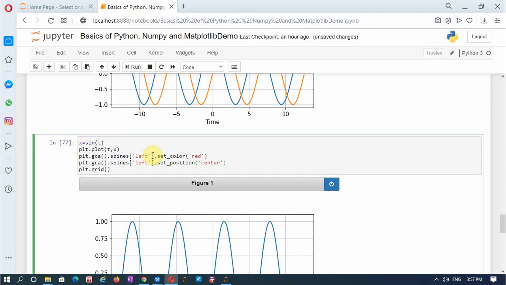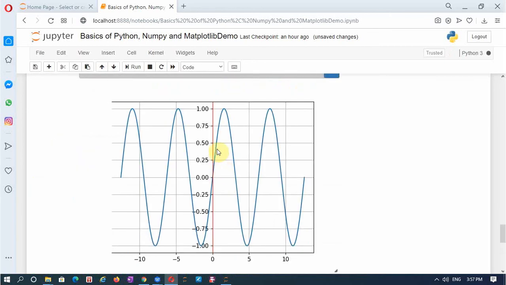Left spine I want it to be in red, and I want it to be positioned at the center. So now if I run this, you will observe the change. The axis which was y axis which was marked at the leftmost end is now shifted to the center with the marking, and also I have changed the color of this line so that we can easily make out the y axis.